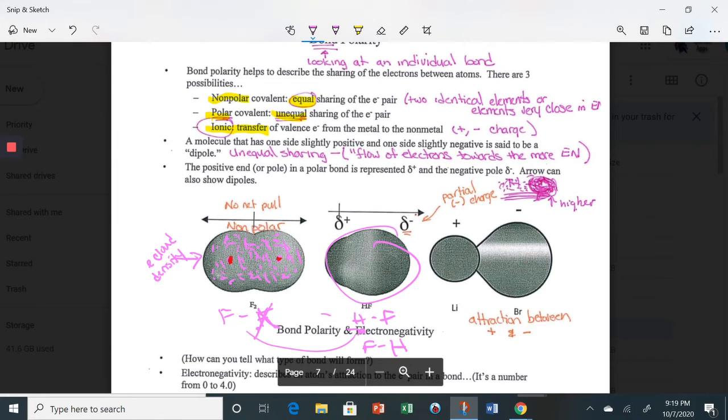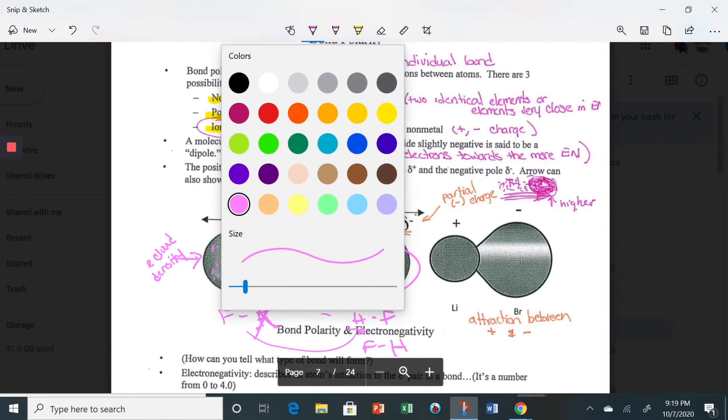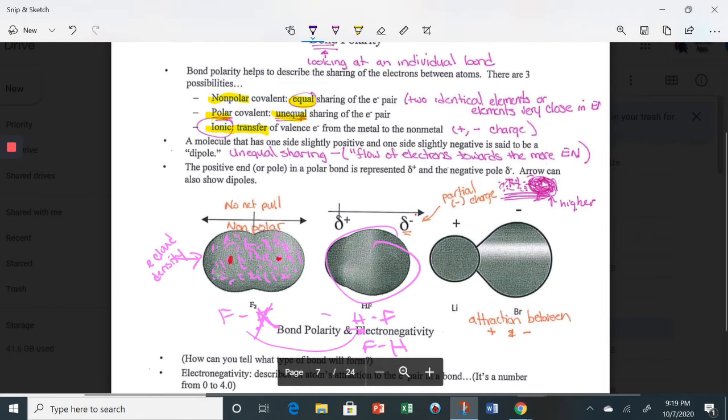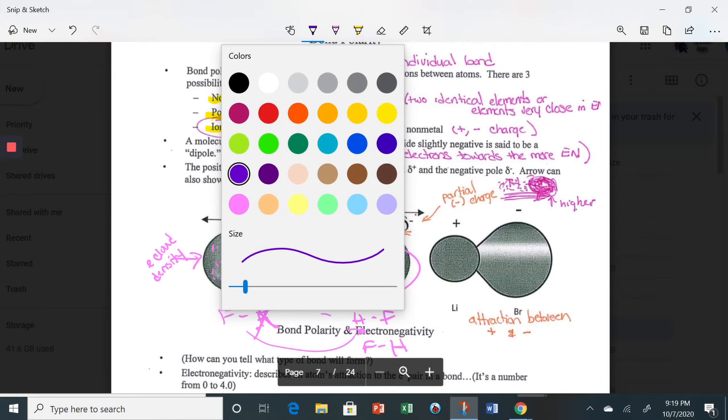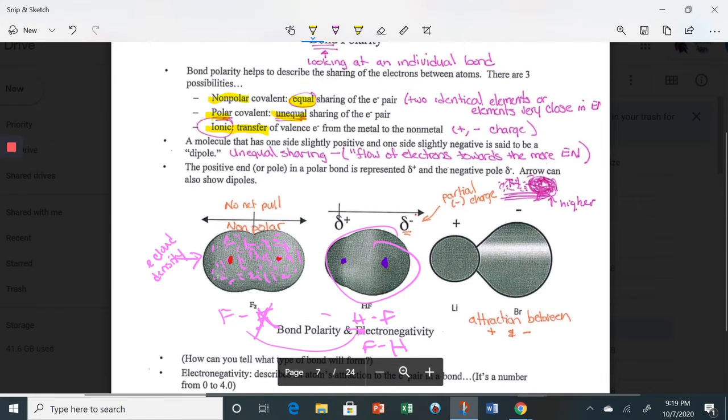When we look at H with F, now our little electrons do something different. So now I've got my hydrogen nucleus. Now these are the nuclei. This isn't the whole atom. And now I'll use yellow. My little electrons, because of electronegativity difference, this one's got a much higher electronegativity value, right? We say it's set to 4. And you start to look, and the electron goes, oh, I'm going to hang around him because he's cooler. Spends more time, and then